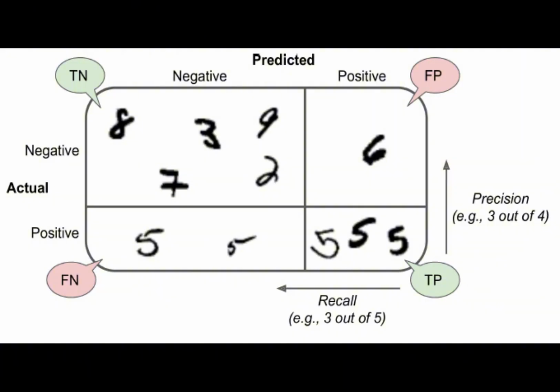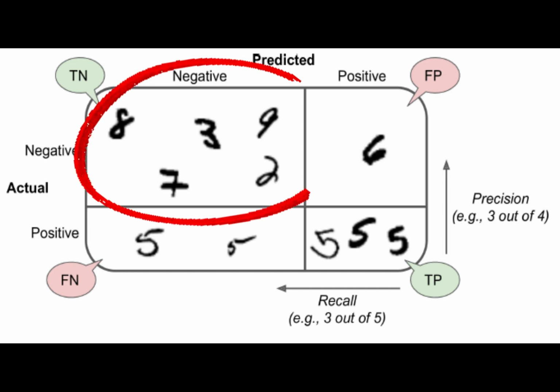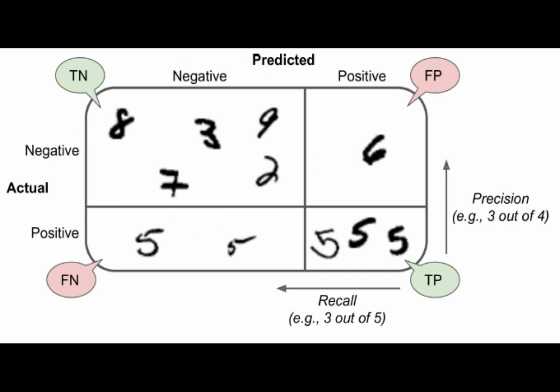Now let's go back to our example and calculate the confusion matrix for it. A confusion matrix splits all the predictions into 4 simple buckets. You've got your true negatives. These are things that weren't a 5, and the model correctly said they weren't. Then you have true positives. These were actual 5s, and the model correctly found them. Awesome. The other 2 boxes, though, that's where the mistakes are. False positives are when the model cried 5, but it was wrong. And false negatives are the actual 5s that the model just completely missed.